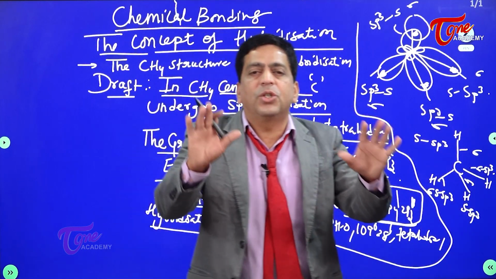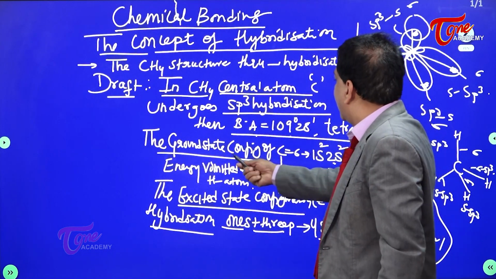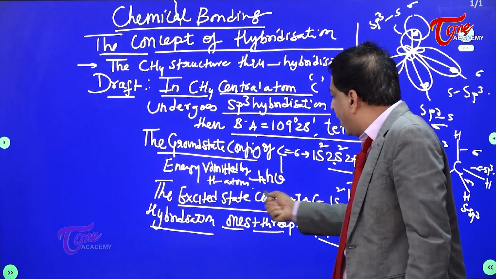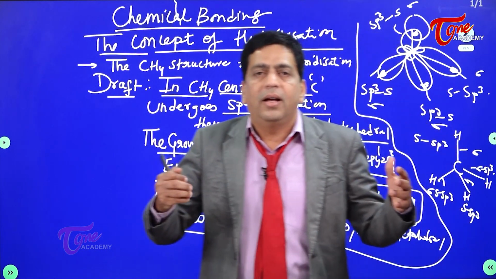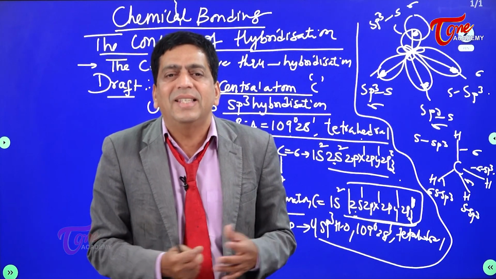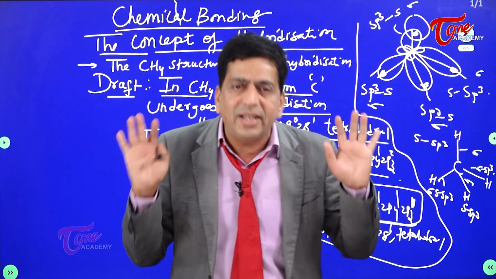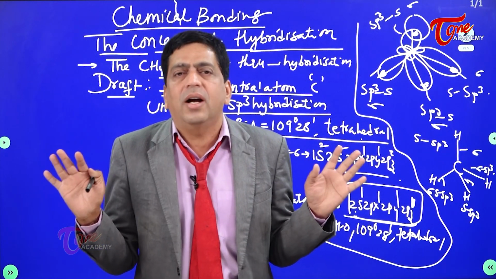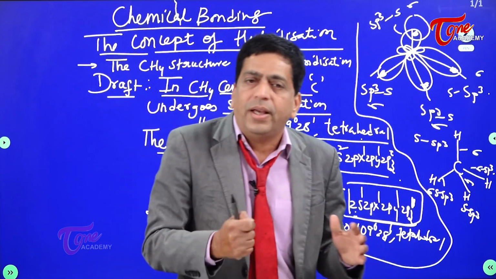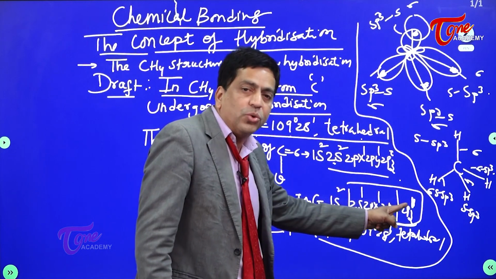Look into the sequence of events, what we are doing. First of all, the carbon ground state configuration is this. All the 4 hydrogen atoms are coming towards carbon. They are giving off energy, and the carbon has taken that energy. So it rises to the excited state, because bonding will happen only in the excited state. In the ground state, you can't have bonding. You should have that conducive excitedness to participate in bonding. And in the excited state, one of the s electrons is kicked to p, and you have 4 unpaired electrons.